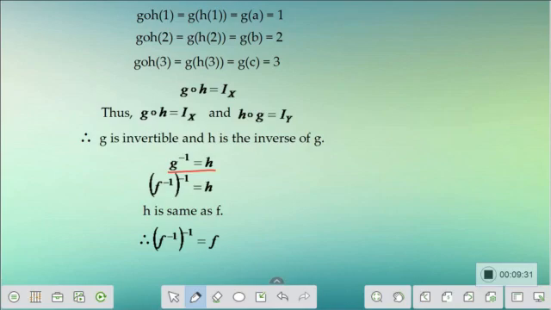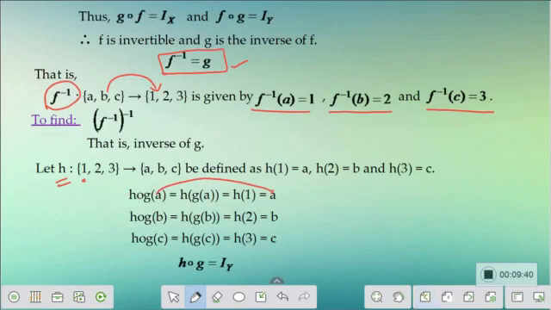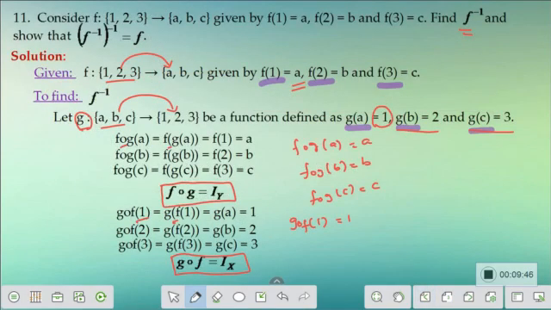This means that the inverse of f is the function h that we have got so far. But what is our h? When we look back at the function h, it is nothing but the same function which is defined as our f. You can check it out. h and f are the same functions